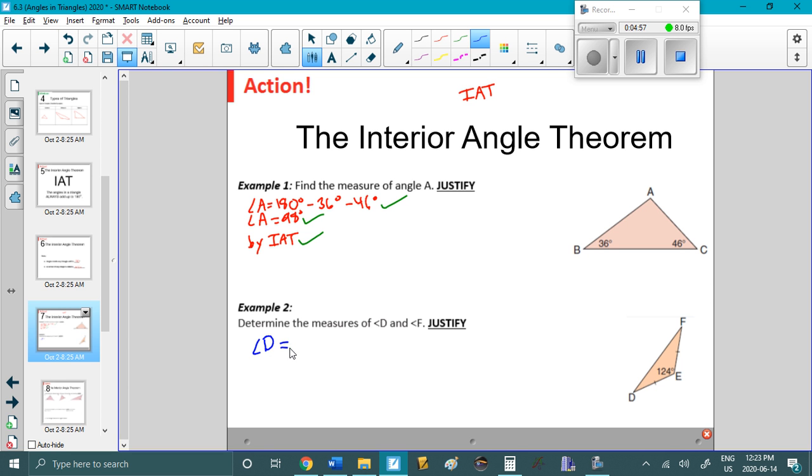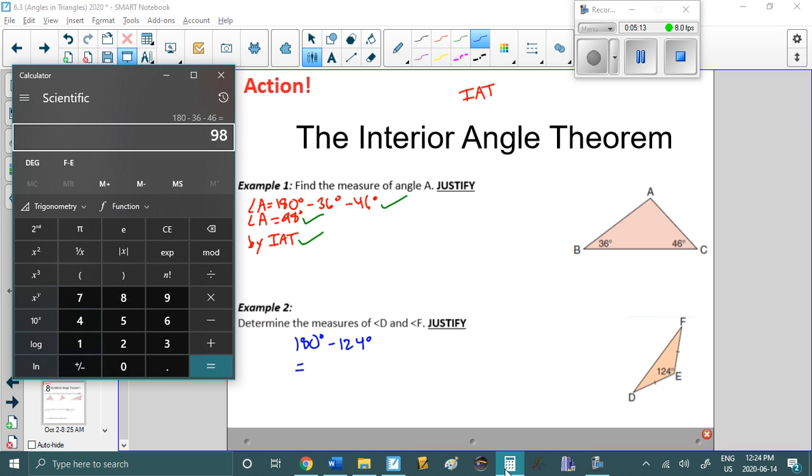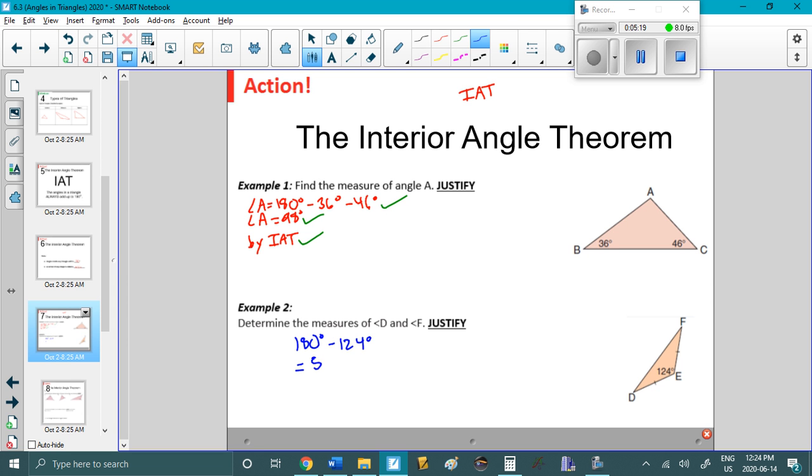So first of all, angle D, we're going to take 180 and subtract the 124. But wait a minute, we don't know angle F. So I'm going to erase this angle D equals, because that's not actually going to work. So 180 minus 124 is 56 degrees. So what this means is that when we take out this angle, we've got 56 degrees left